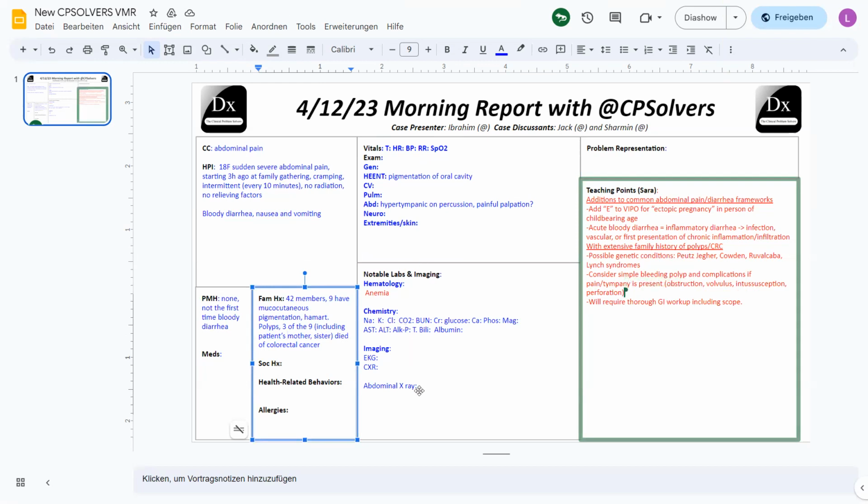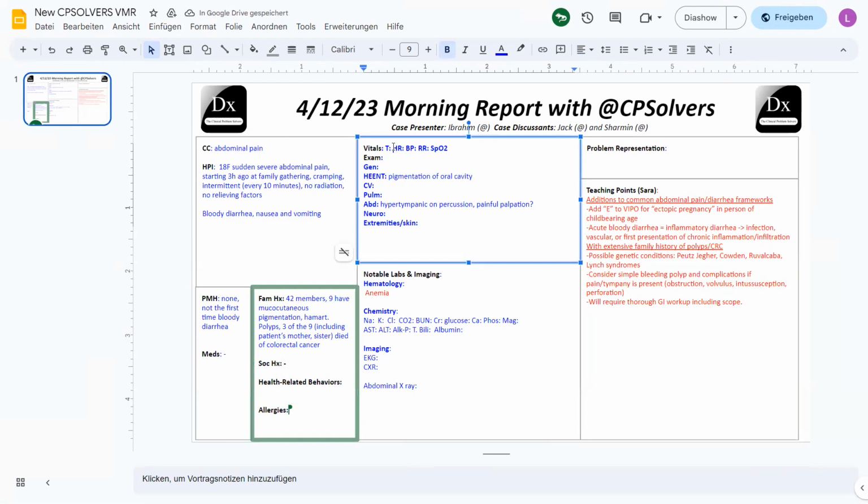Right. So just to fill in the gaps for whoever's doing the scribe, the medications were non-remarkable. Social history was non-remarkable. Allergies, no known allergies. For her vitals, she had a temperature of 37.9, heart rate 113, blood pressure 90/85, and respiratory rate 30. Saturation 94. And then all of the other exams, other than the ones we've already mentioned, were non-remarkable.